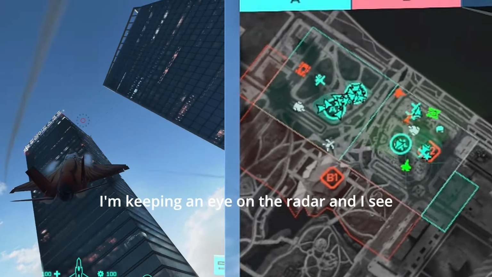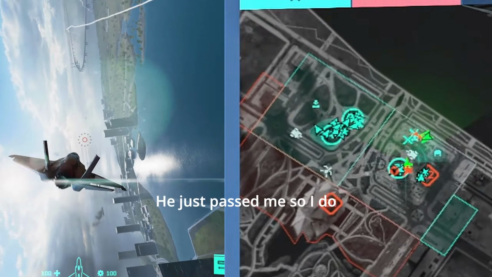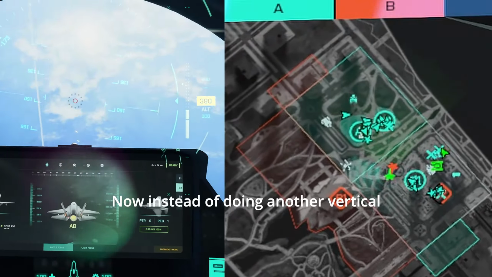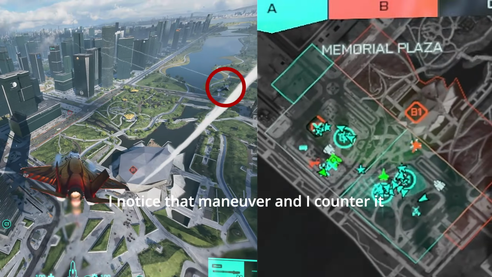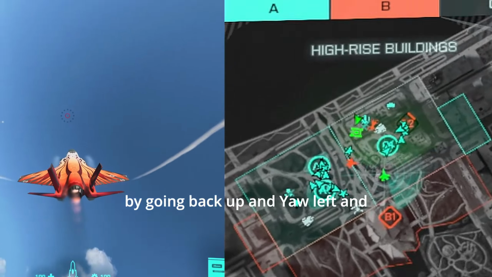I'm keeping an eye on the radar, and I see him coming to me, and we start the dogfight. He just passed me, so I do an inverted dive to face him. We take some shots at each other, and he passes me again. Now, instead of doing another vertical loop, he breaks right into a horizontal turn. I noticed that maneuver, and I counter it by going back up and yaw left